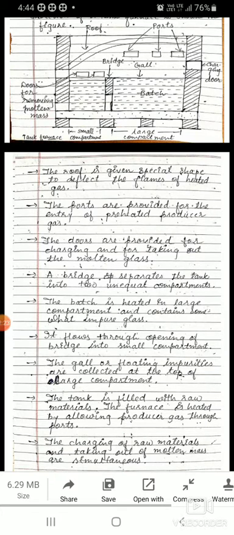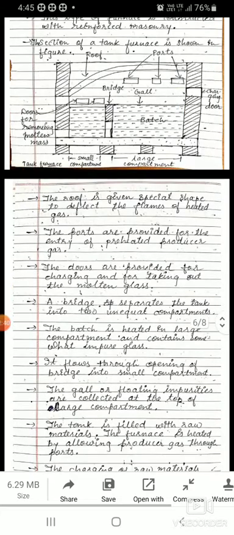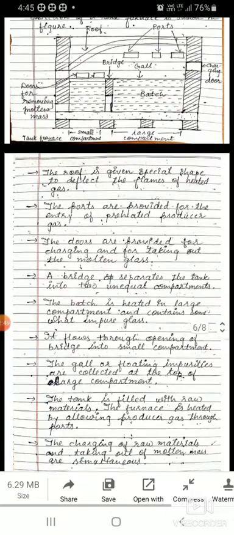The bridge separates the tank into two unequal compartments. So here you can see a bridge in the figure. It separates two unequal compartments. One compartment is small and the other is a large compartment. The batch is heated in the large compartment and contains somewhat impure glass.